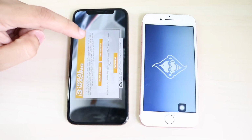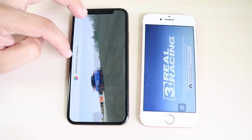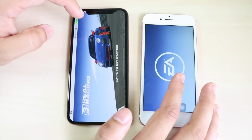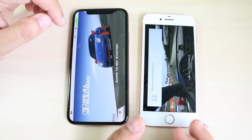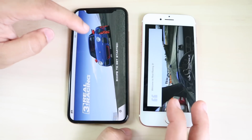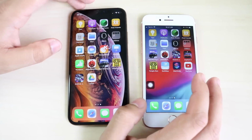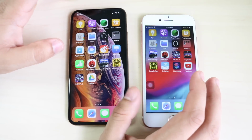I don't know if that Game Center thing's going to come up. Okay, confirm. So this is already technically into the game. I think I'm on two different levels on this. Technically now this is into the game. Once it gets into that little race car thing, then you're in. So this one actually got into the game faster than this one. That's super interesting. It's crazy because these phones are only two years apart and there's already this